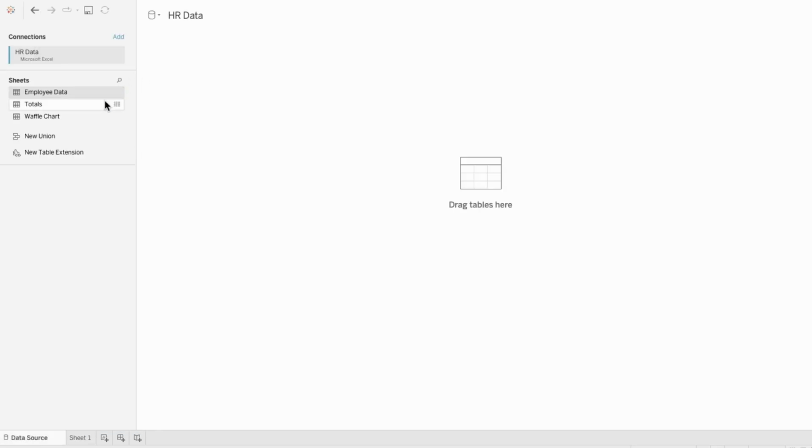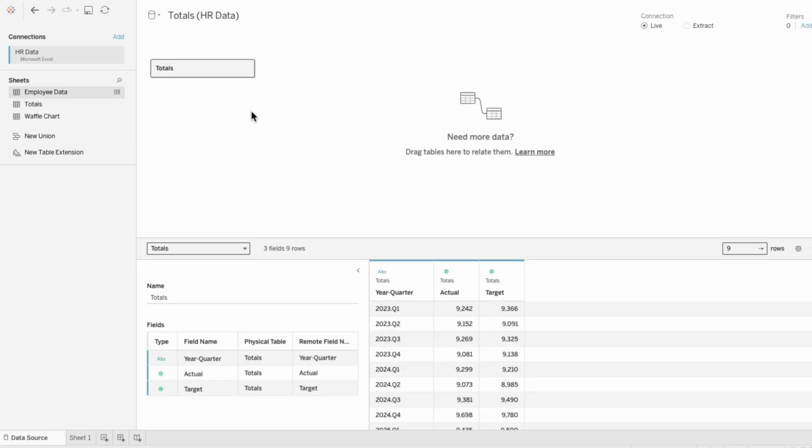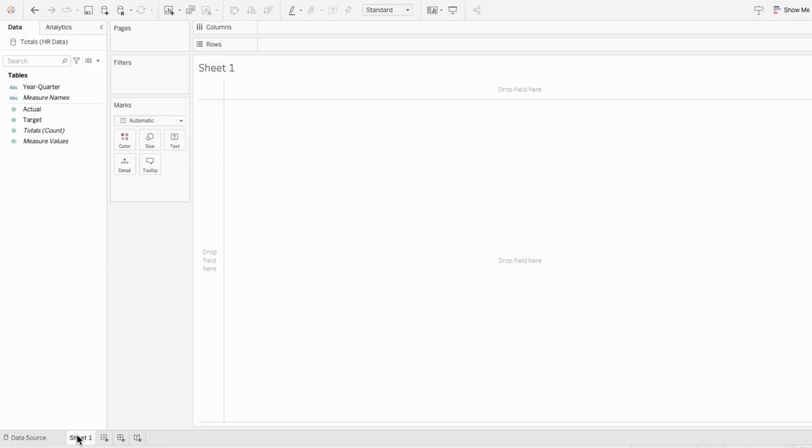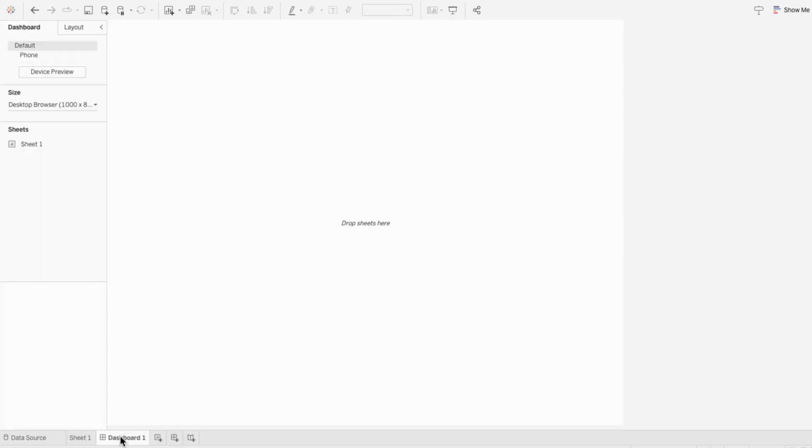It contains these 3 different sheets, but I'm going to start by dragging in the totals sheet. You can see this just contains the year and quarter, the actual number of people, and the target number of people. Instead of starting off on a worksheet, I'm going to start off by creating a new dashboard for the